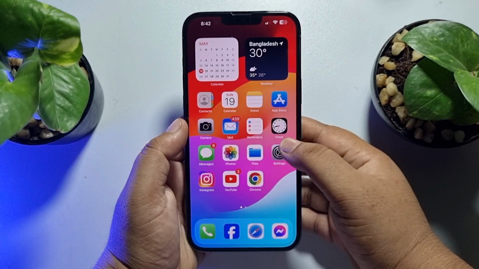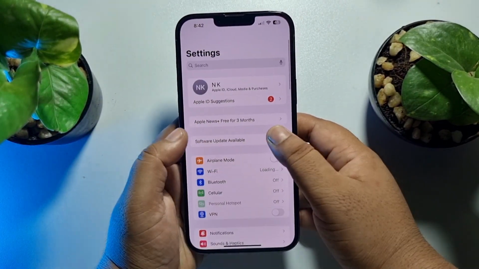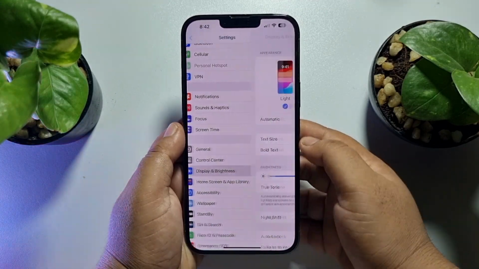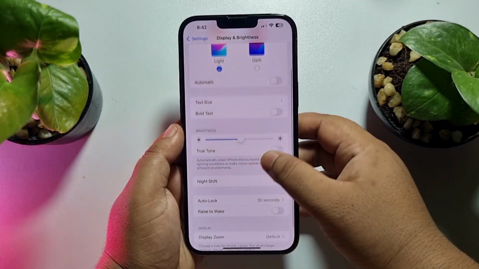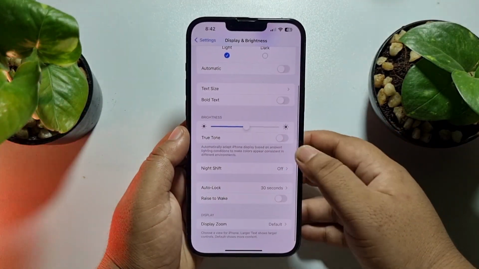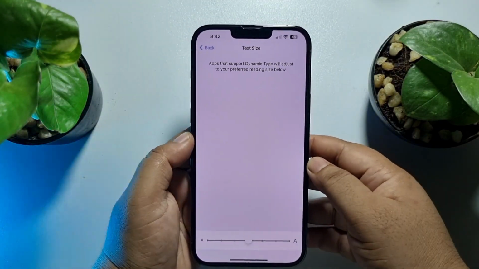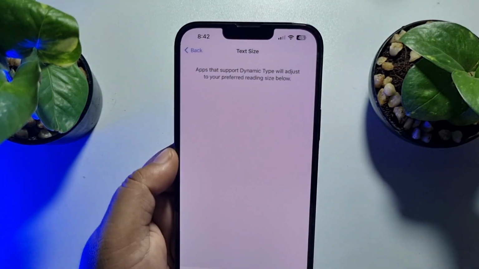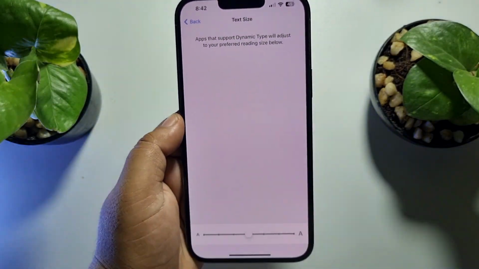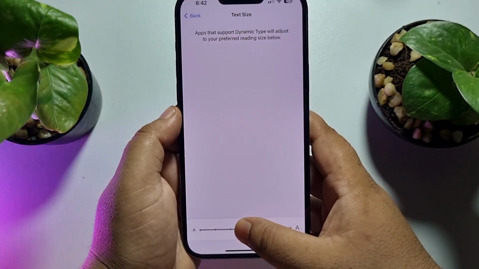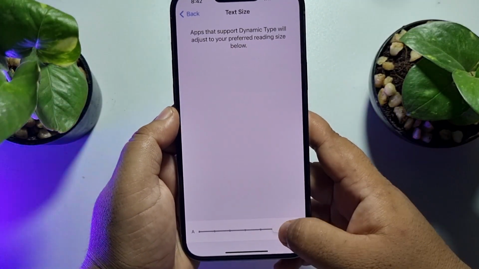Go to your iPhone Settings app, scroll down, and tap on Display and Brightness. Then scroll down and tap on Text Size, and here we can see this is currently my font size. Now, to make your default font size bigger, you just increase this level from here to make your font